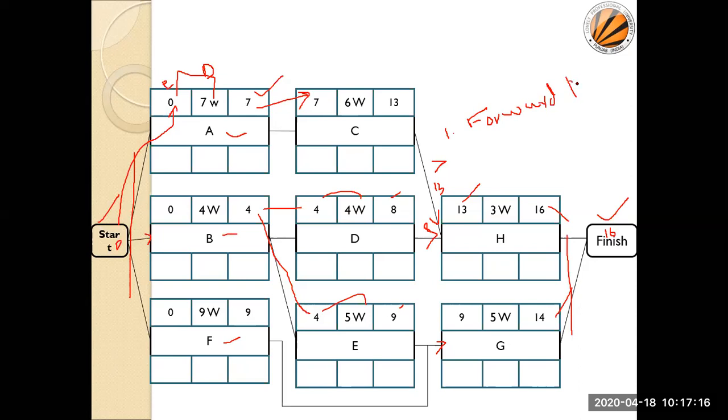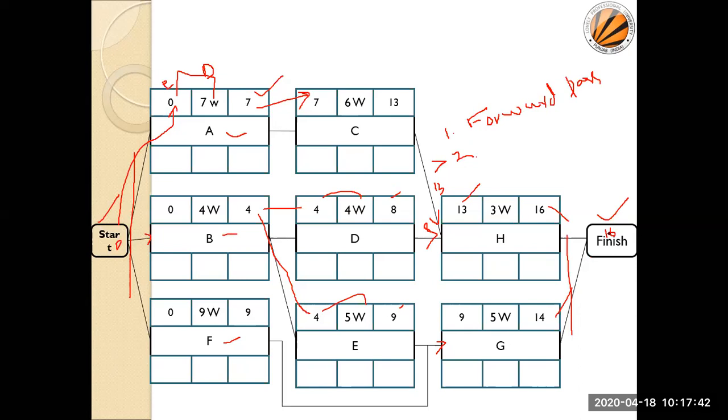Sir, can we have more than one critical path in the network diagram? Yes, that may be. Definitely, these are the durations that we had calculated, and there may be the chances that more than one critical path exists. I had already given one example in your CA, in which there are two critical paths.